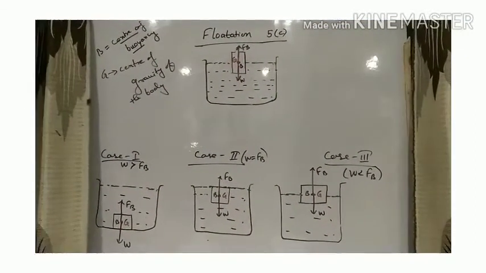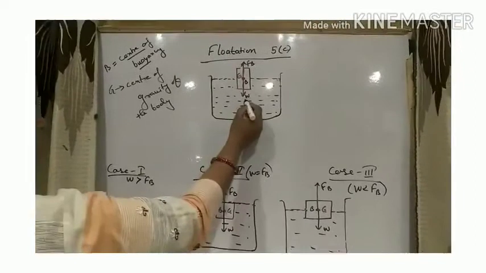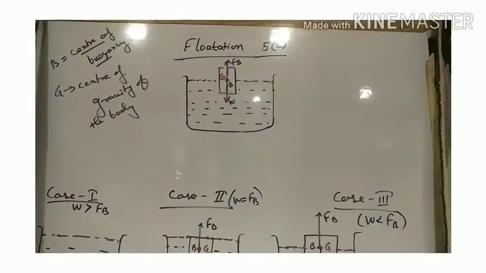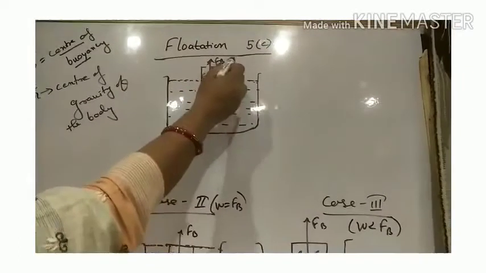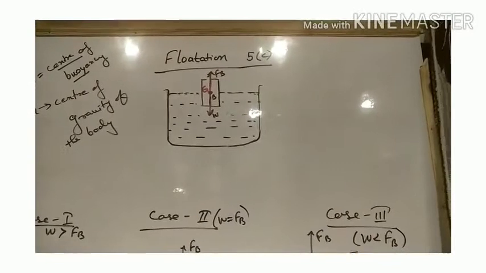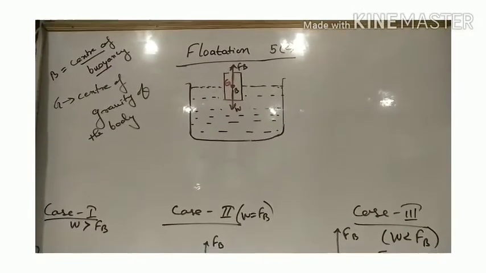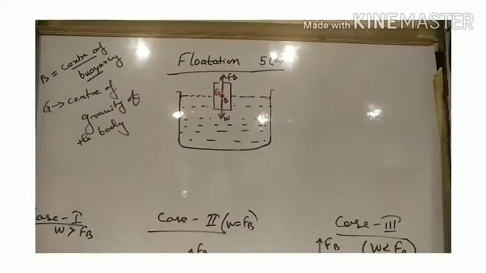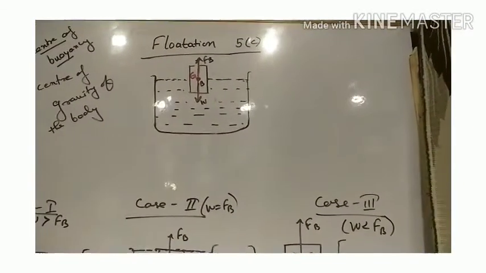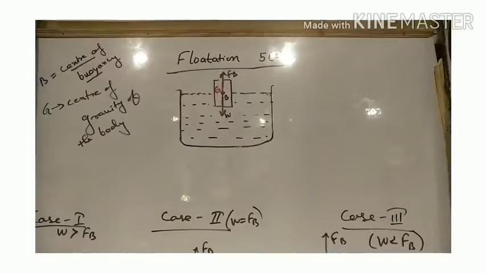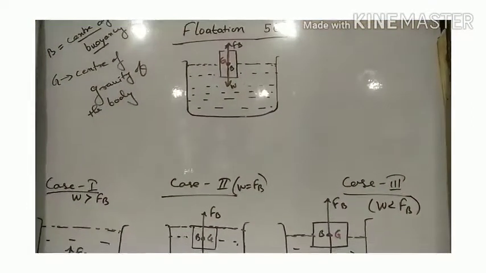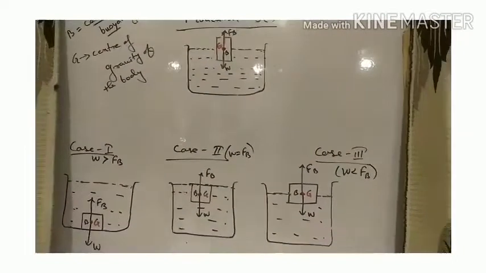So here just watch this diagram. This W is the weight of the body which is immersed in this liquid. This Fb is denoted as the upthrust. G is the center of gravity of the body where the gravitational force may be taken to act. Now B, capital B, is the center of buoyancy, the center of gravity of the volume of water which a body displaces. So these are four important terms which are related in this principle.